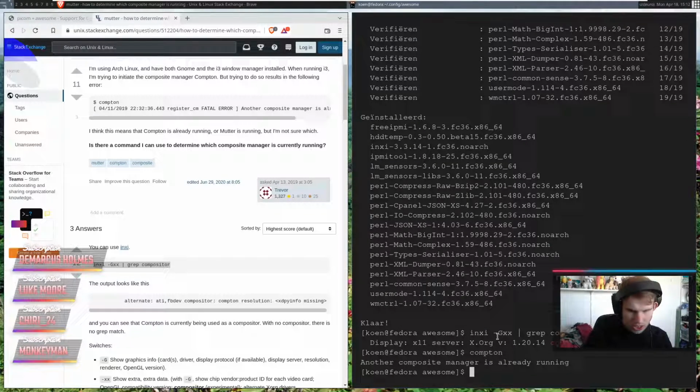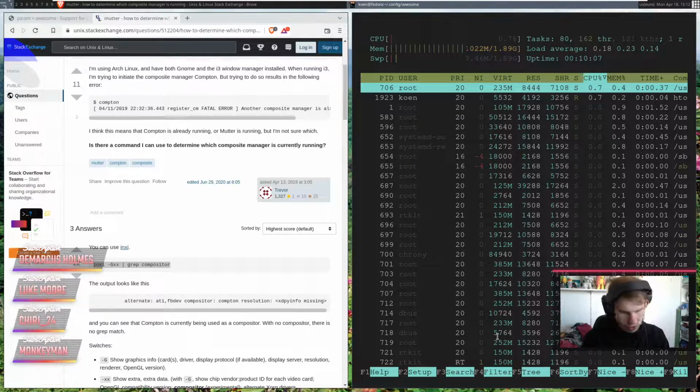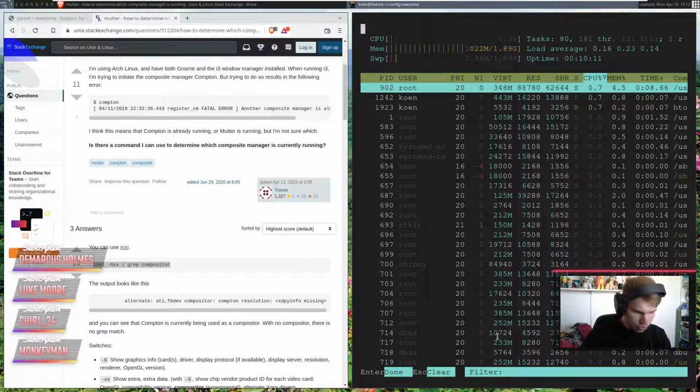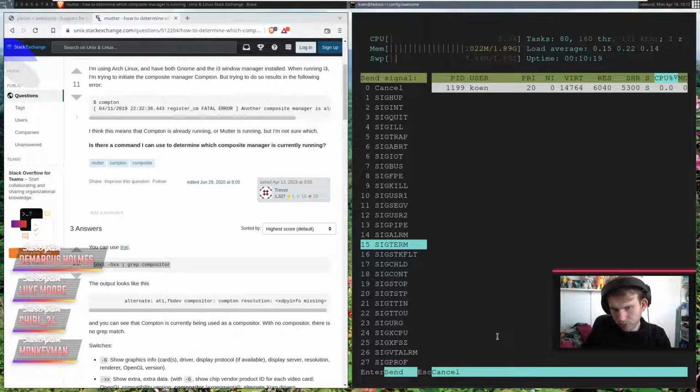Okay. htop. And what I then want to do is go filter, and then I want to go look for Compton, and I want to kill it. SIGKILL.